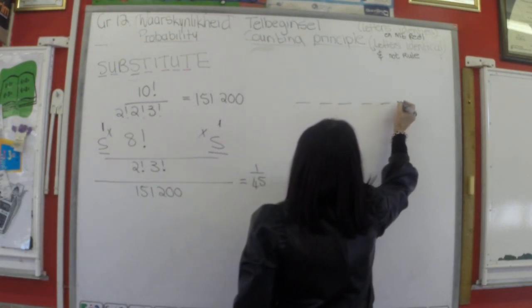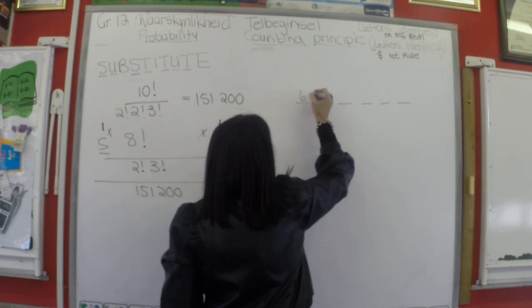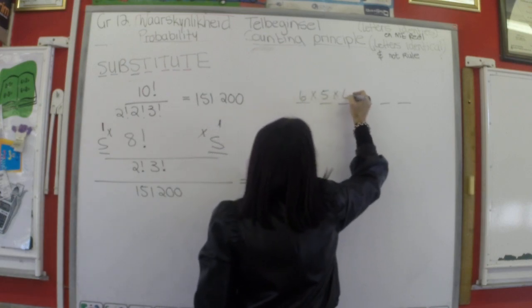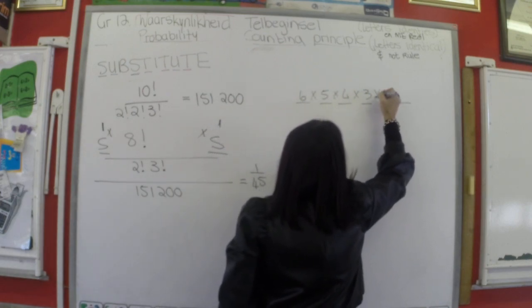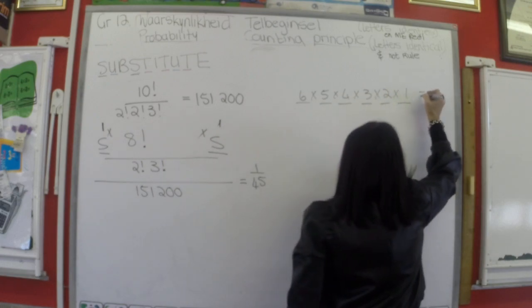Goed, dis maklik. 6 leerders, so dis 6 maal 5 maal 4 maal 3 maal 2 maal 1, that's